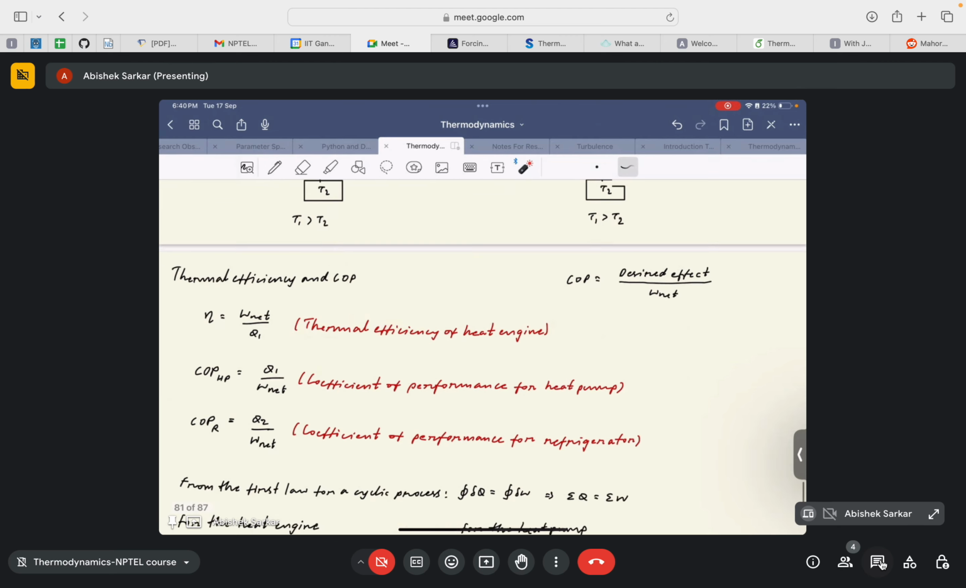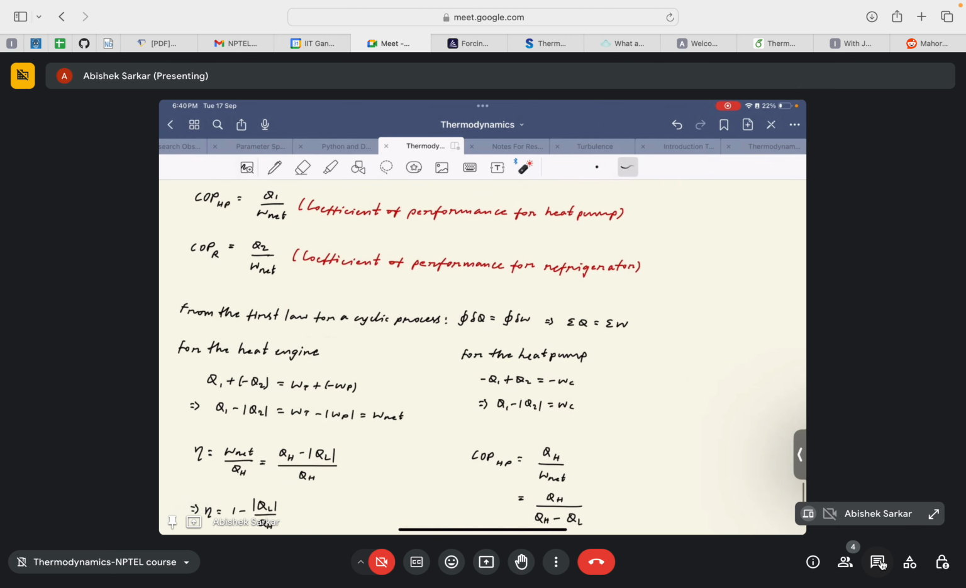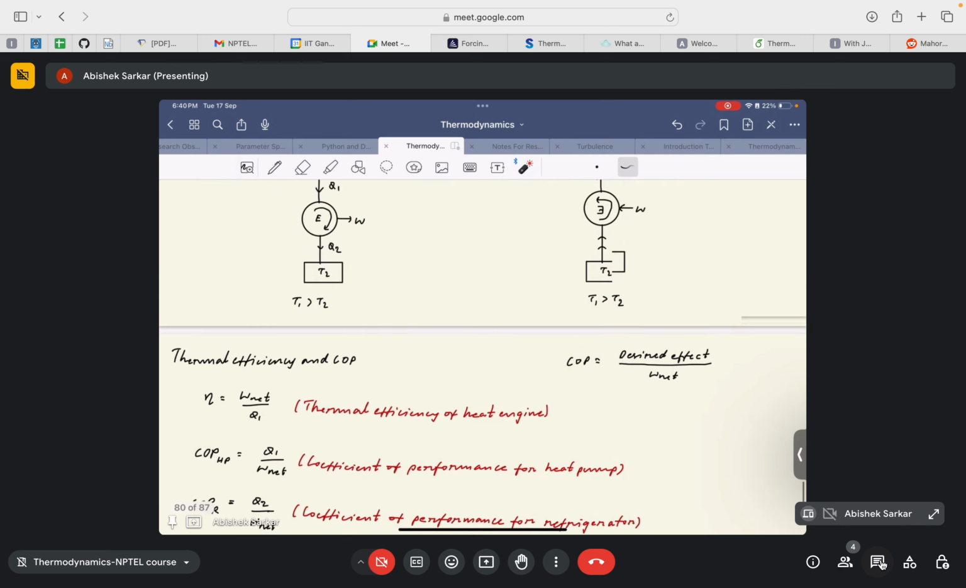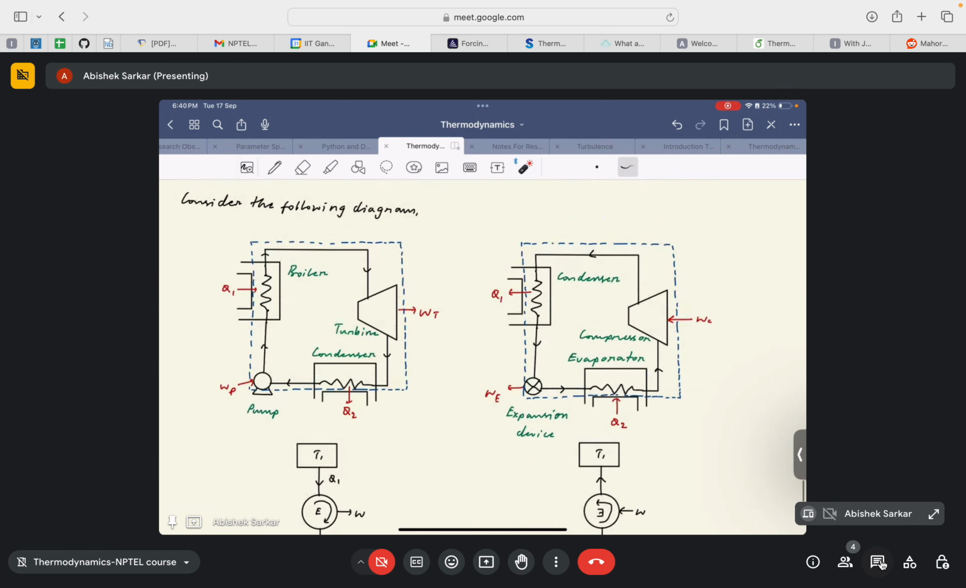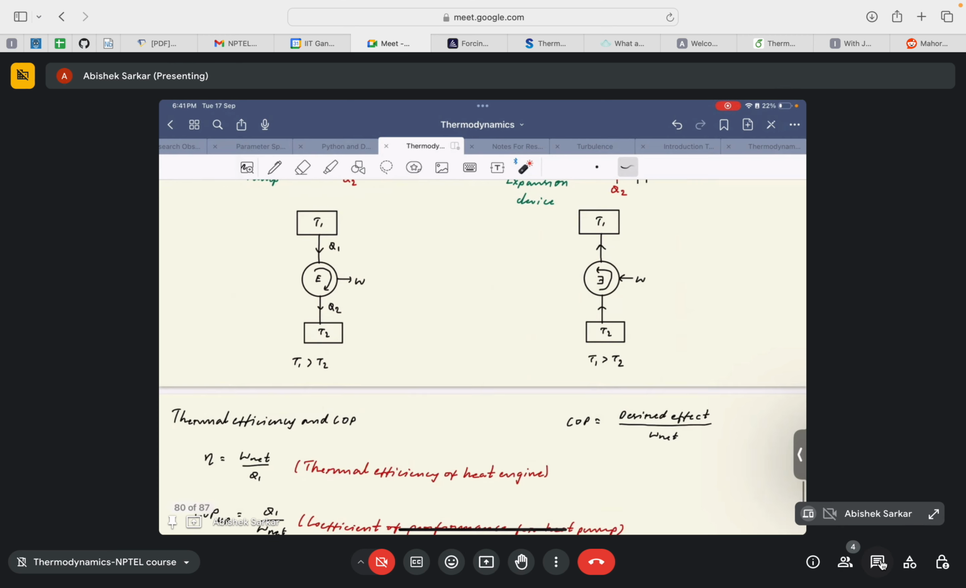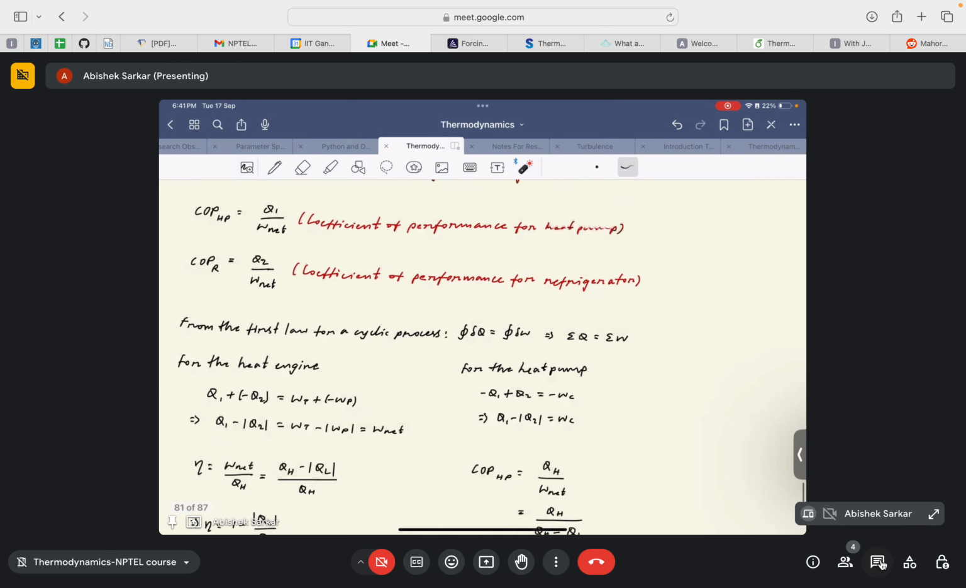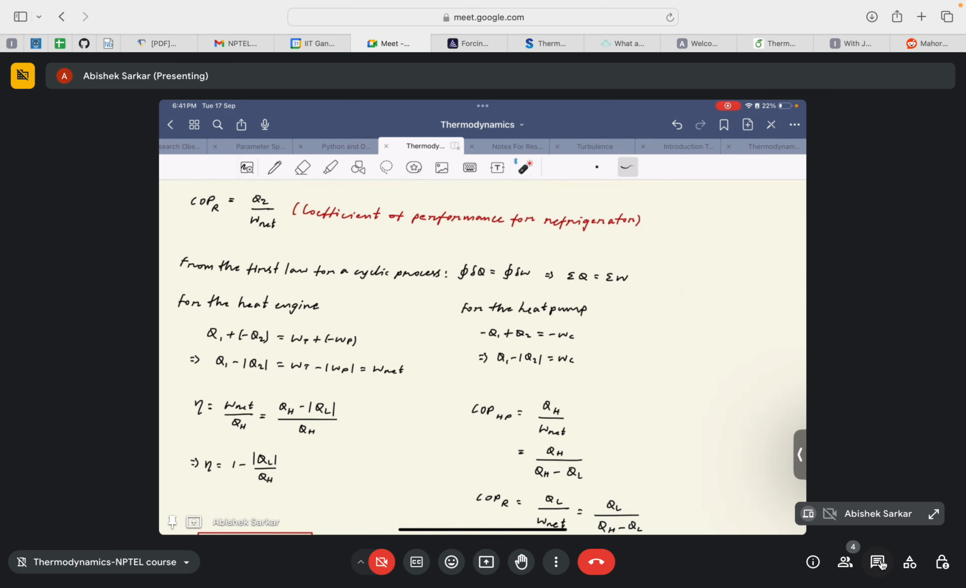So we have that Q1 minus Q2 is equal to WT minus WP. Let us again clarify why WT is positive: because WT is coming out of the system, right? Work is done by the system, so WT is positive, and similarly WP is the work input to the system, so WP is negative. So just be careful with the sign conventions. That's why I'm mentioning it. So it will give us Q1 minus Q2 is equal to WT minus WP,